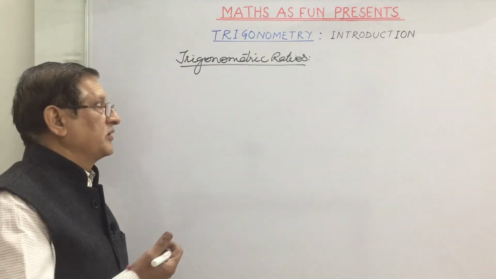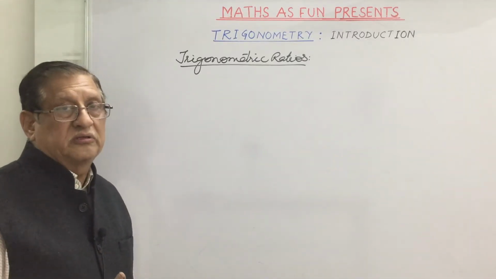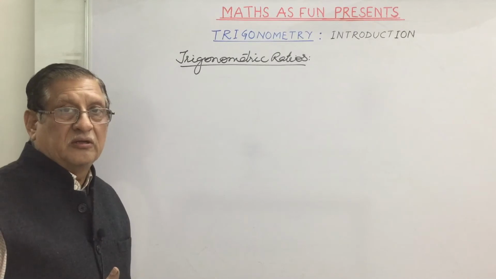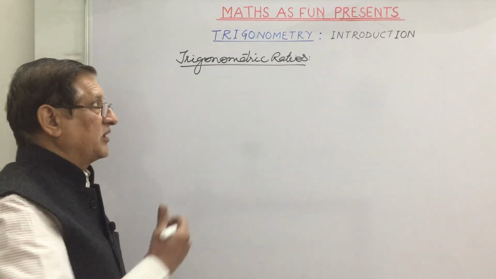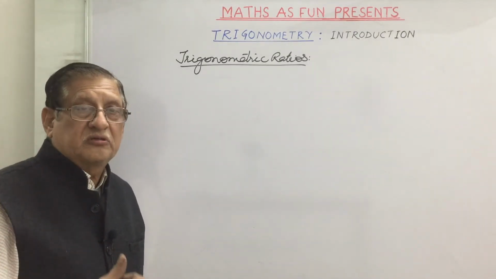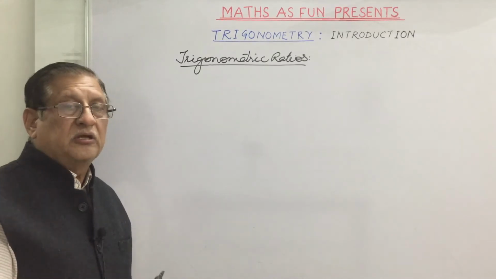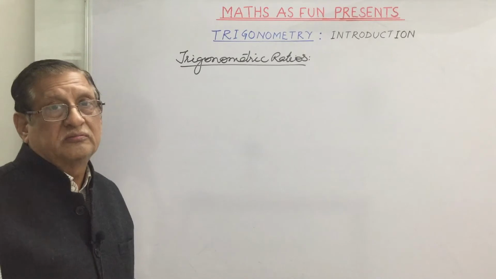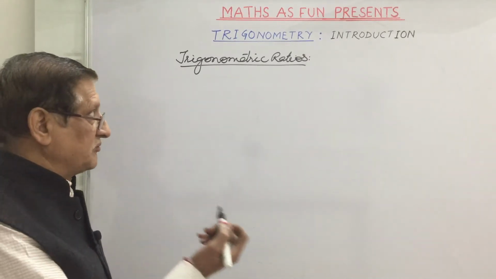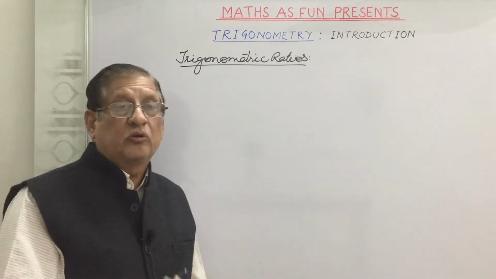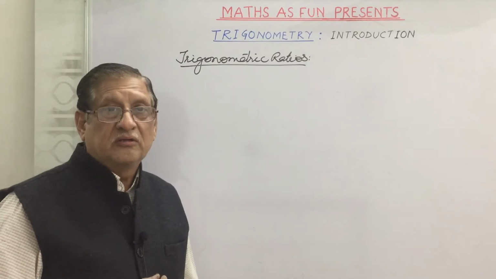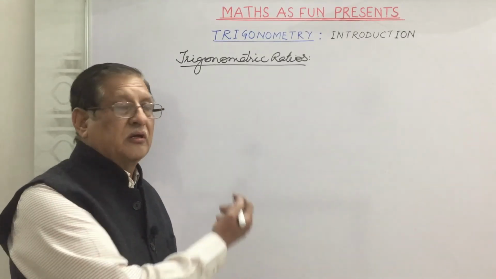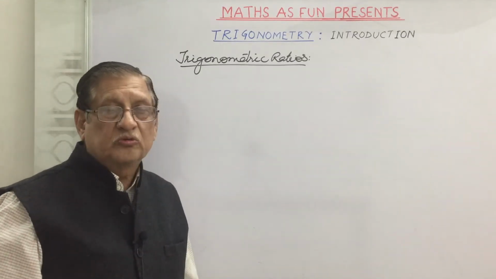Let's learn about trigonometric ratios now. What are trigonometric ratios? What is the requirement of that? Since we know that trigonometry is a branch of mathematics in which we study triangles, certainly some parts of the triangle are given and other parts are to be found. It means some angles are given, some sides are given, and we want to find the other sides and other angles. Then we take the help of trigonometric ratios.